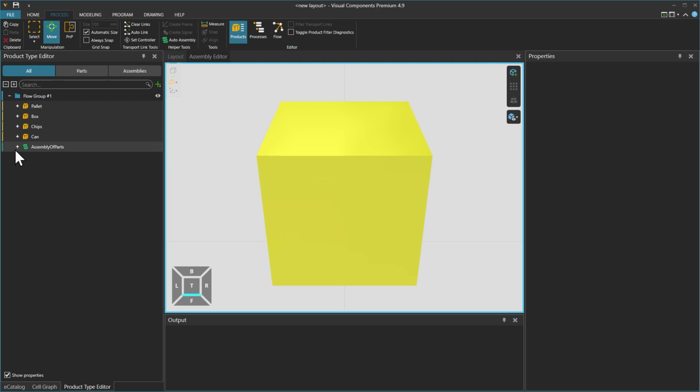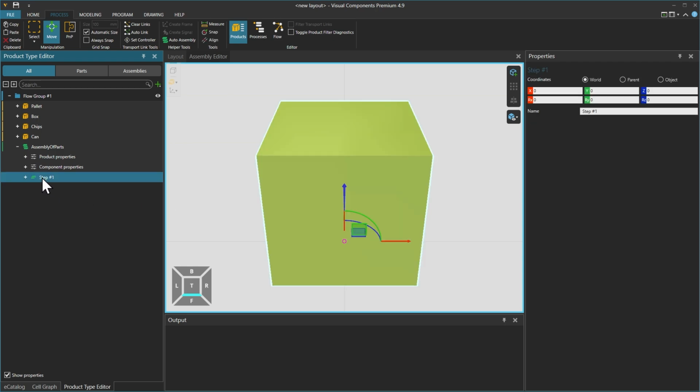And if we expand the assembly of parts tree on the left, we can see the main step. A step represents an assembly step containing parts that are usually assembled or disassembled together as a single production phase. The yellow box inside the assembly editor represents a slot inside the main step, which is automatically created whenever you create an assembly. If we select the main step on the left, note that its name appears in the properties on the right, indicating that we have this step selected, and we can see the location of the step in the assembly of parts